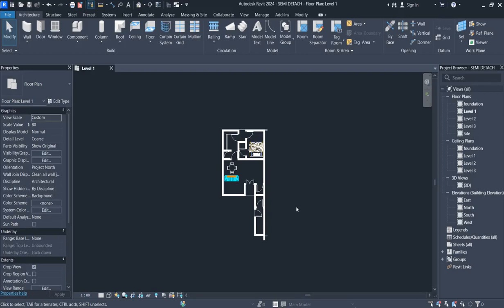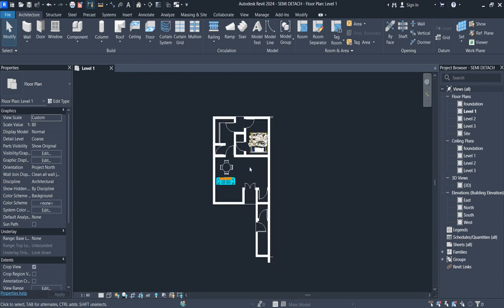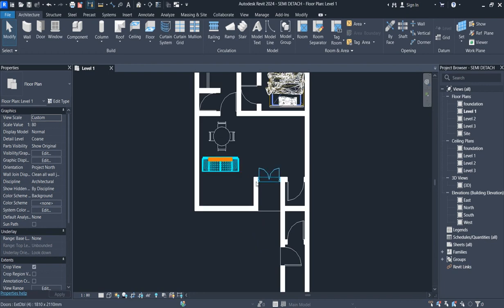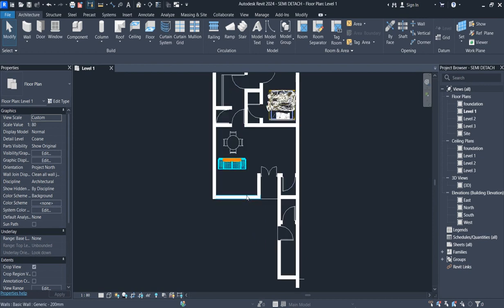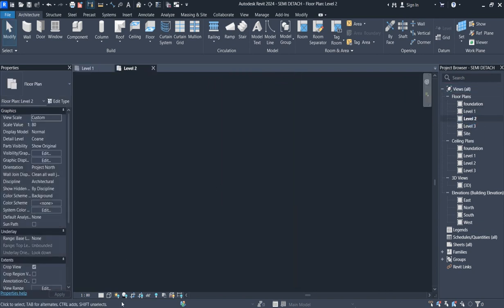So welcome to Multi-Net Design in the continuation of our semi-detached duplex. Now, the last lesson we were able to design the floor plan, put some arrangement into it. So here now we want to move to the upper floor, which is level 2. So you click on level 2, and what you do from there is that you use transparency to